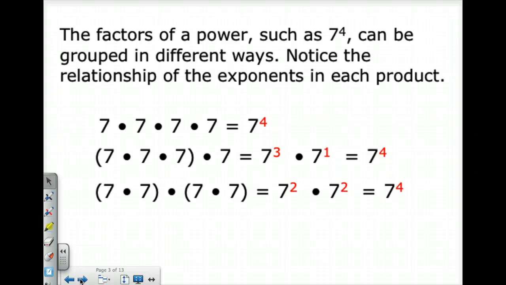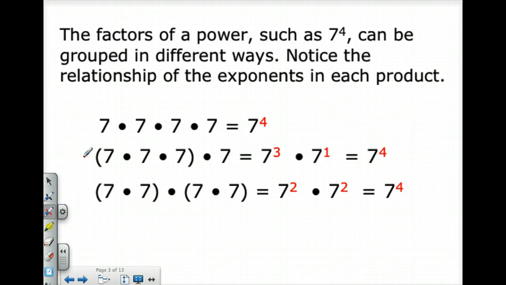The factors of a power, such as 7 to the 4th, look at how they can be grouped. I have them grouped here in 3 different ways. In the first way, it looks just like we've been working on in class. 7 times 7 times 7 times 7 is 7 to the 4th power. But in my next 2 examples, I've now inserted parentheses. In example number 2,